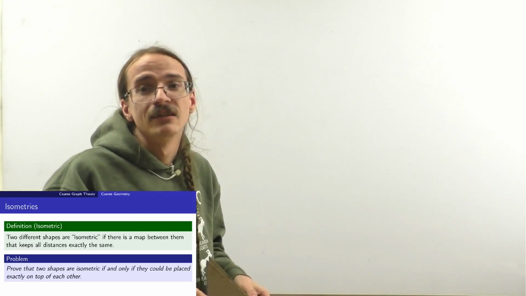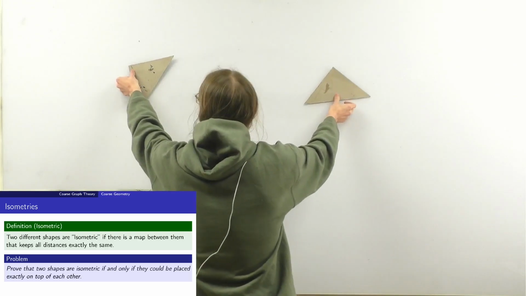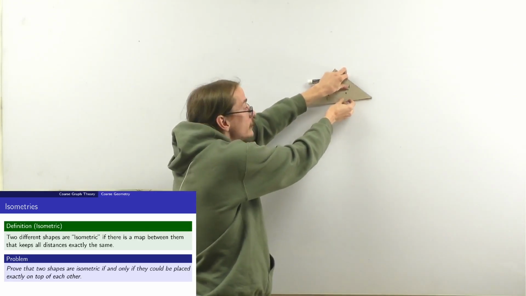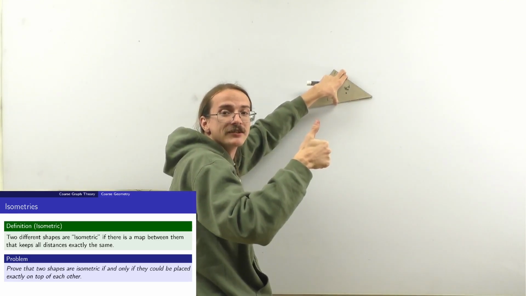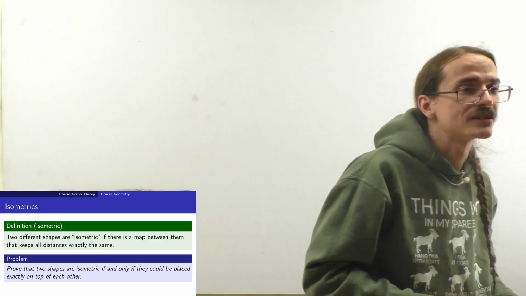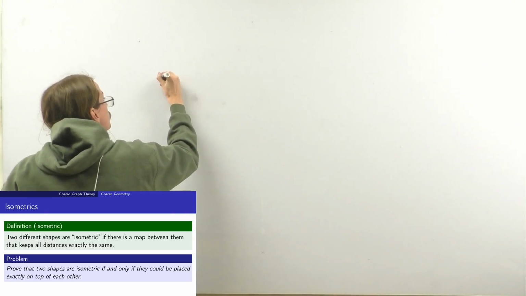One of these is easy. One of these we've already done. If these 2 shapes are the same, pick one up, put it on top of the other. That's an isometry. They are now on top of each other. Mission complete. Okay. The other is a little bit harder, but not much harder. It's still pretty straightforward. If I have 2 shapes,